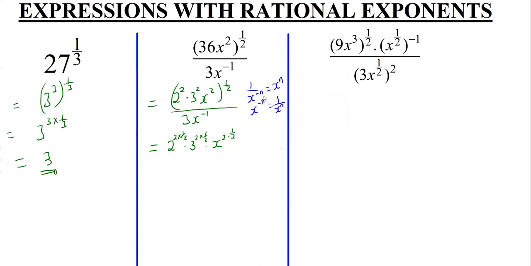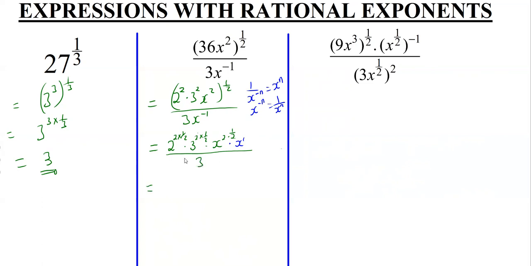So you always have to move it. If it is negative and is denominator, it's going to go up, becomes a numerator. If it's a numerator already, it's going to go and becomes a denominator. So here we can take our value up, which is x to the power negative 1. Can just put it in a different color. So it's going to be times x to the power 1 over